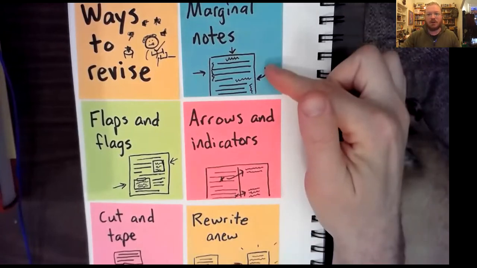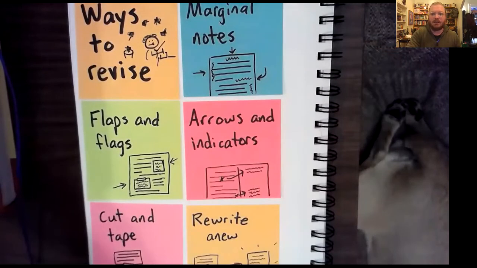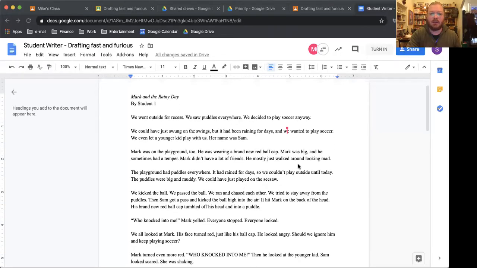Marginal notes. Are there ways that we could write notes to ourselves to think about what we might write? I think so. Let's take a look at what that might look like. I'm going to show you an example student document and what a marginal note might look like. So one thing you can do when you look here is you might write a little note to yourself, and that little note dialog box is going to be right here,